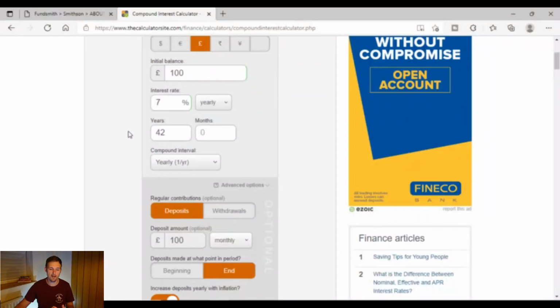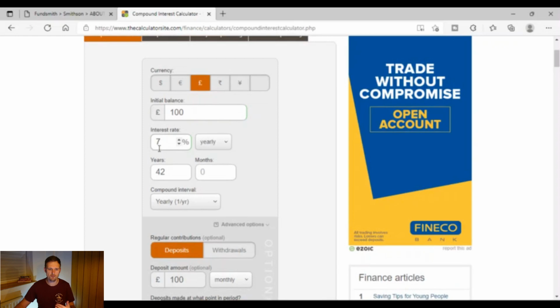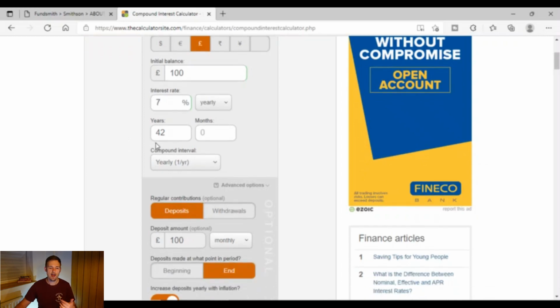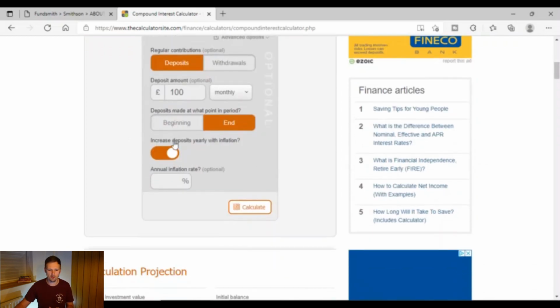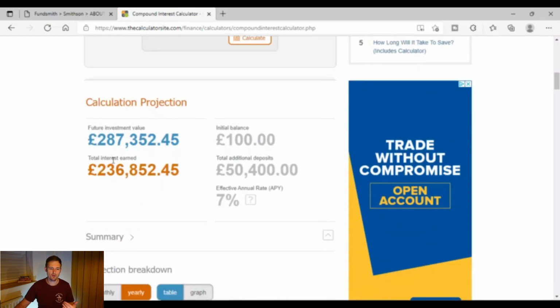If you have more money that you're putting in each month and you have fewer years to invest, maybe you're in your 40s, of course you're not going to have 42 years, but this is based on someone from 18 years old to 60, so the full 42 years, putting £100 a month in. So we're starting with £100, and this is a 7% interest rate. So the S&P 500, after you take off inflation and the fees of the index, for 42 years, just putting in £100 a month, you would get on your 60th birthday, if you started on your 18th birthday,